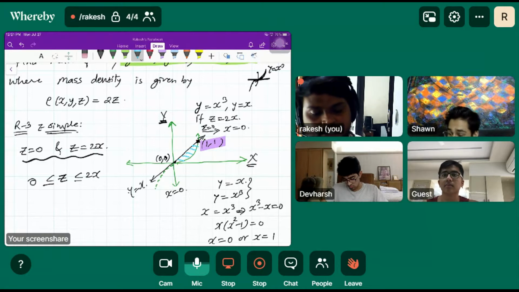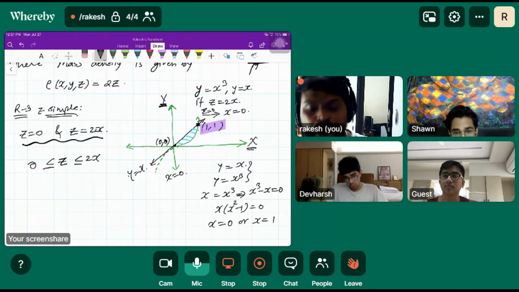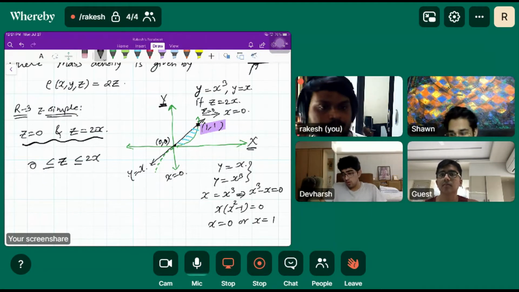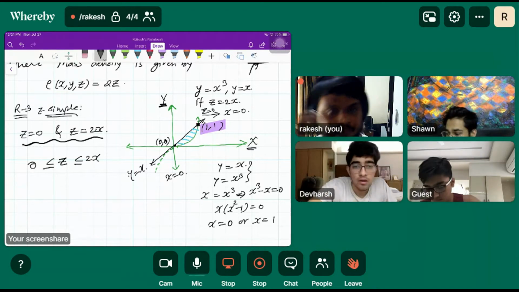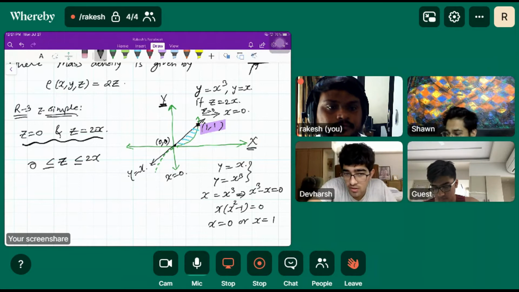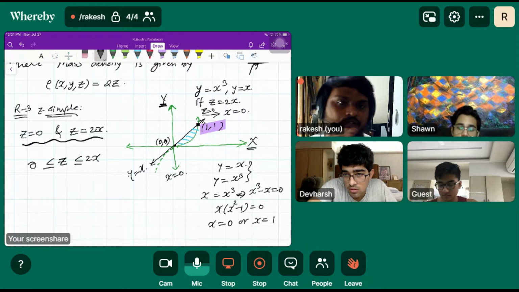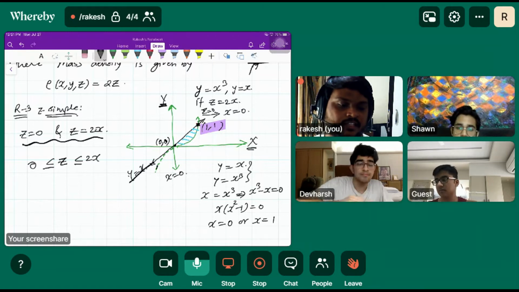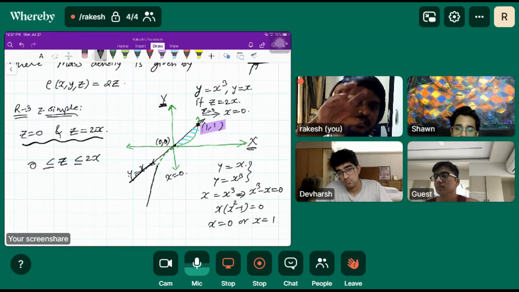Now we'll find the limit of the double integration. Now Dev, let me know your setup. But Arvind, wouldn't the region in the third quadrant also be bounded by the intersection? There is no boundedness here. See, y is equal to x is going here like this, and this is your y is equal to x cube. They are not bounded. They don't give you the closed region, right?